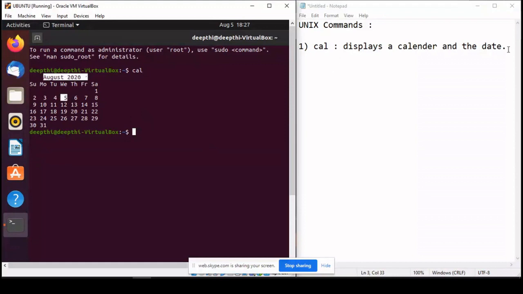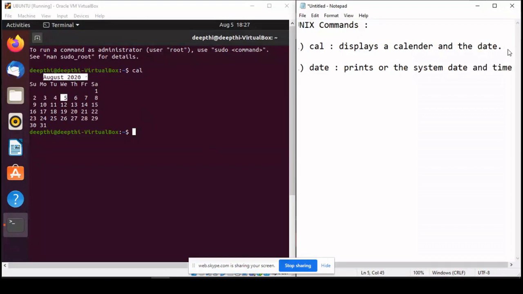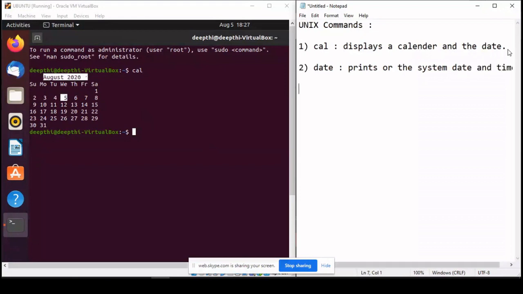Now, coming to the next command. Next command is date. So, this prints or sets the system date and time. Now, let's type this command and see the output.